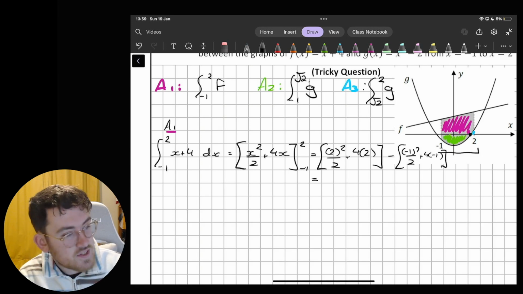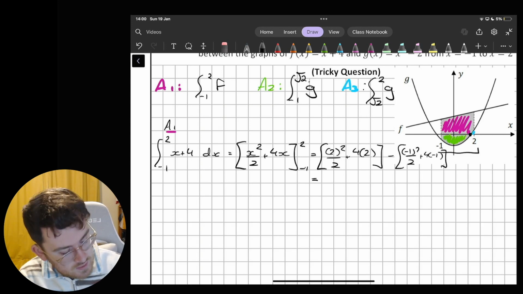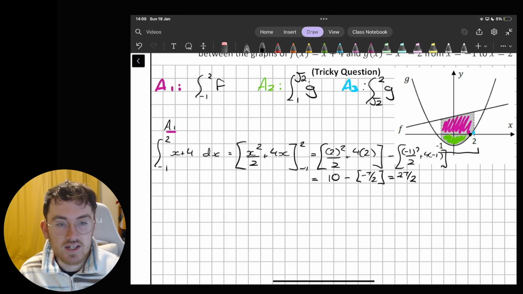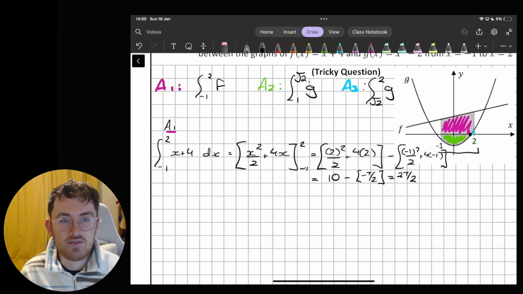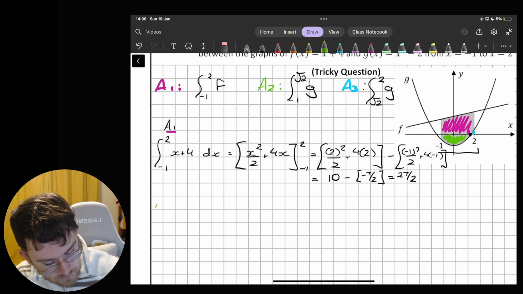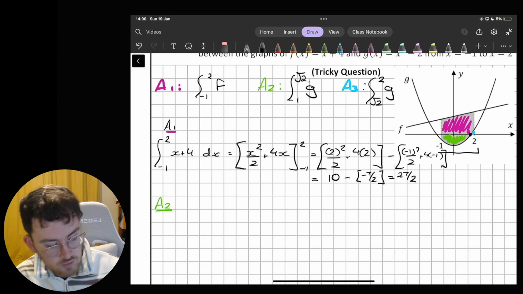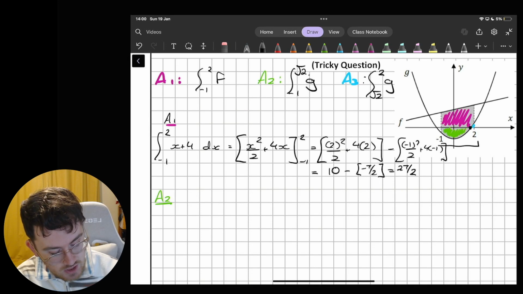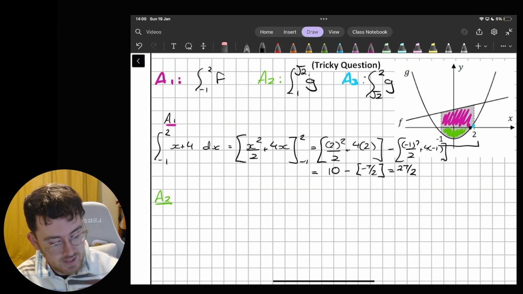Okay, so that we see, I'm just going to work through this here. So that's 10 minus -7 over 2, which gives me 27 over 2. So we get an answer of 27 over 2 there. Okay, looking at A2, which is the area below the axis here for g, so down from the curve up to the axis for g here,